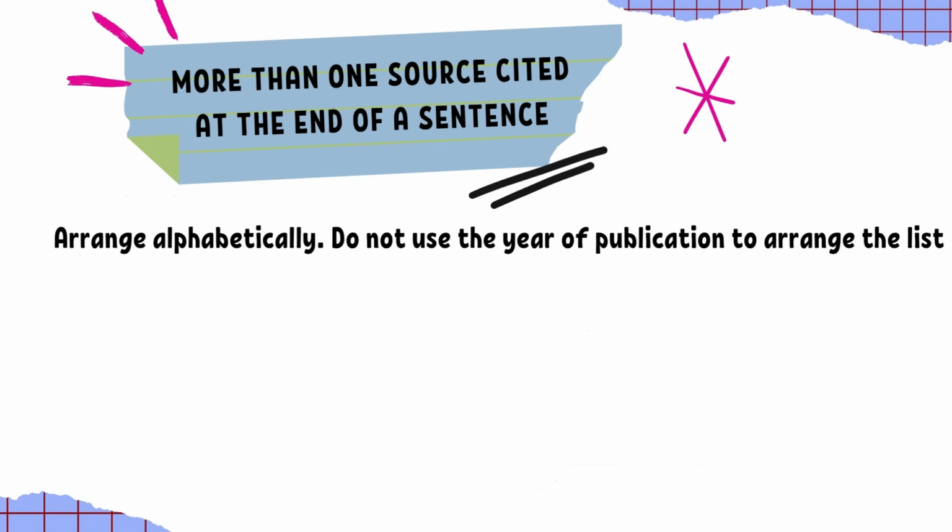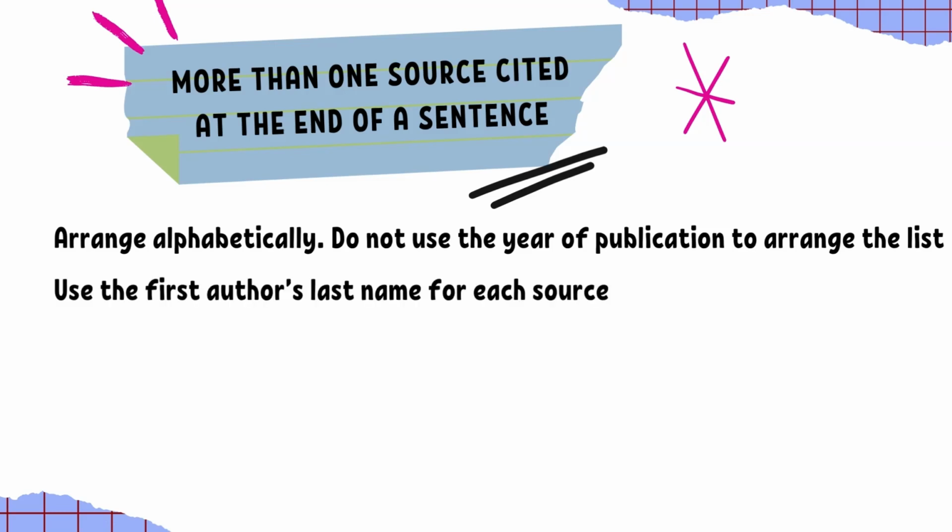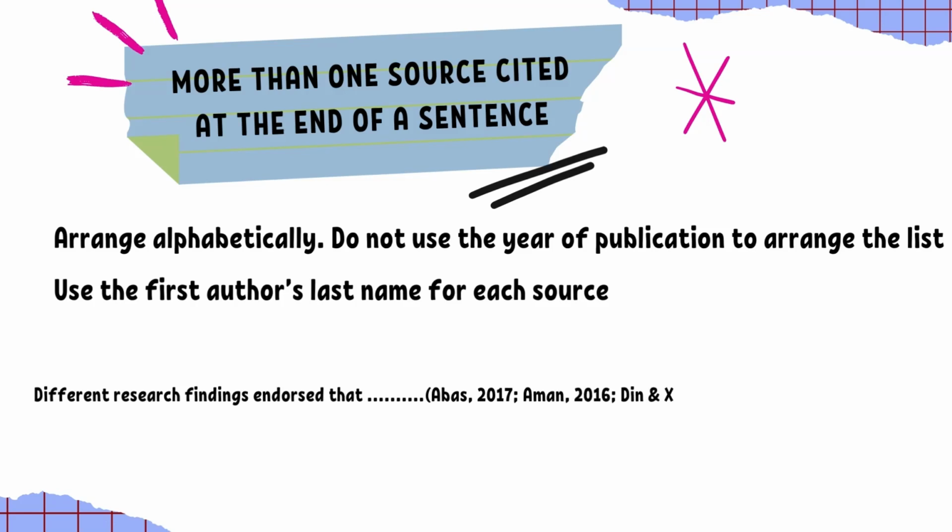If there is more than one source cited at the end of a sentence, arrange them alphabetically and do not use the year of publication to arrange the list, like that example. Here you can see that Abbas 2017, and then Aman 2016, then Din and Yin 2020, then Khan 2018, and last Ping